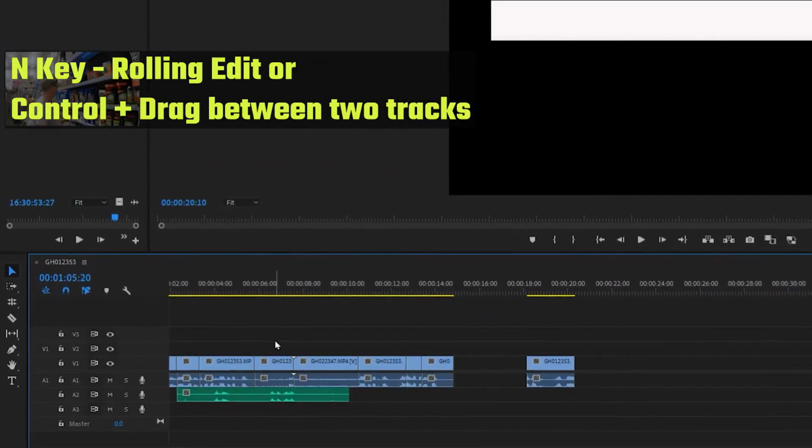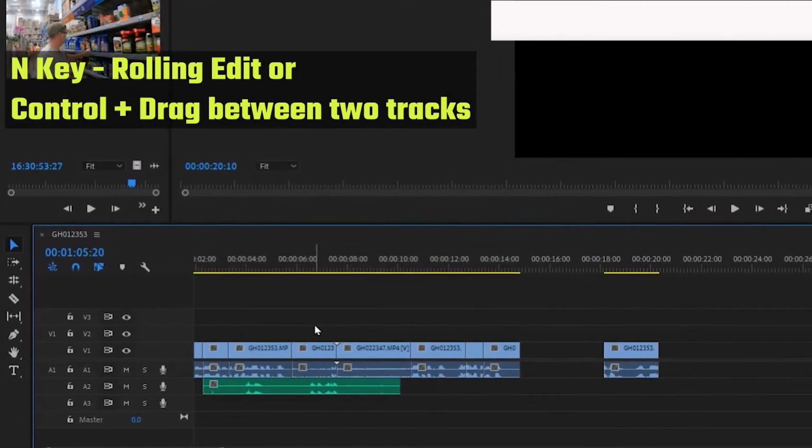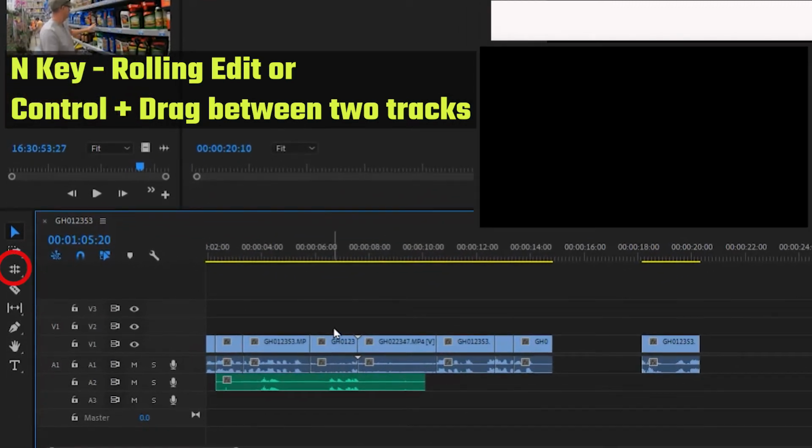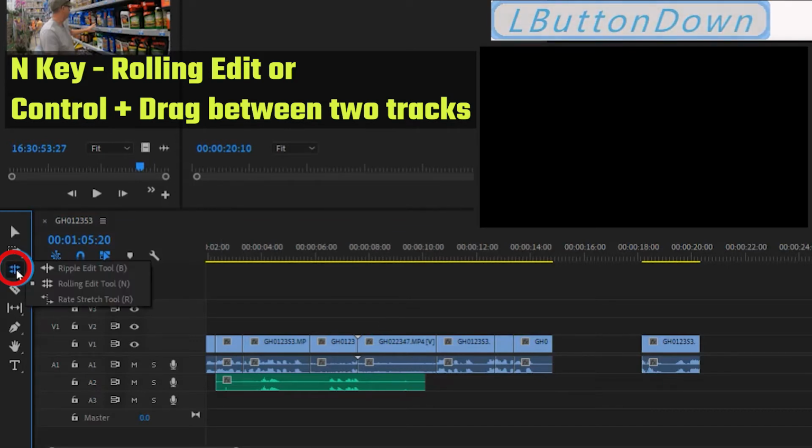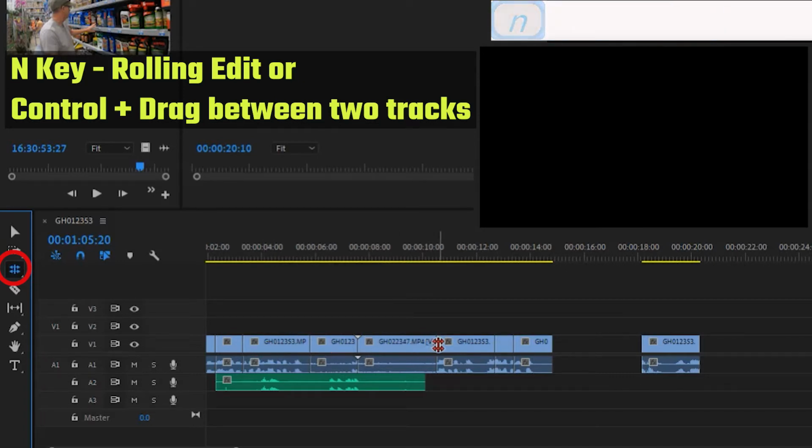Okay, now the N key is the rolling edit. To do rolling edits, there's a couple different ways to get to it. One is you can just go over here and select it from the list of your tools, and that's rolling edit, and it shows it's the N key. You can hit the N key and it activates the rolling edit when you go over your endpoints,